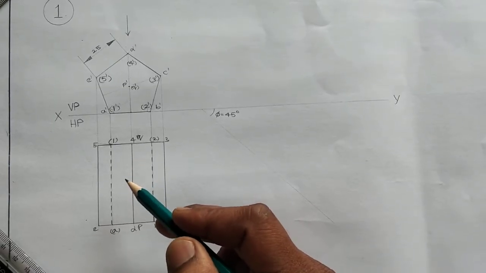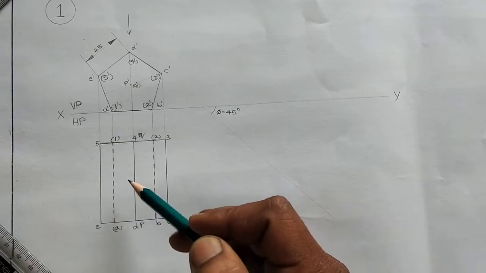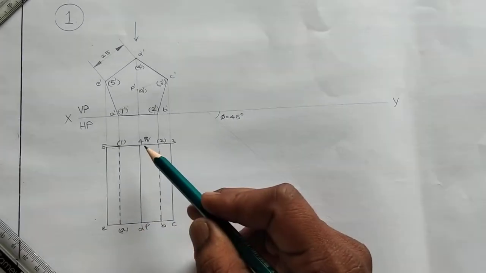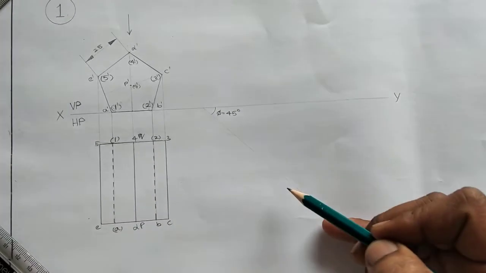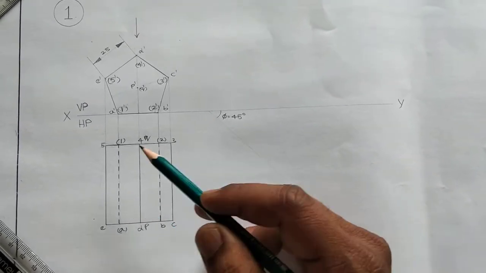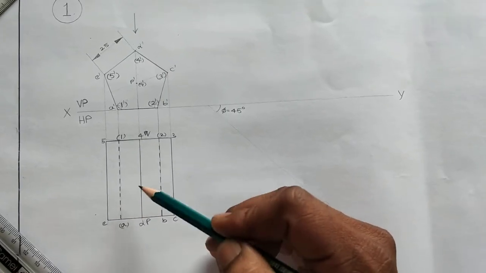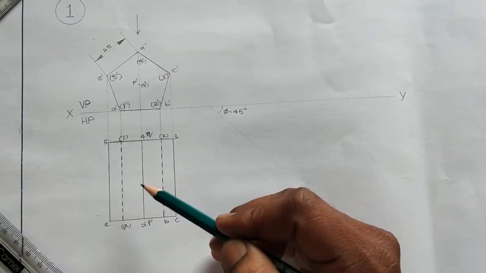So here the axis and the 4D edge, that is the topmost edge, both are coinciding. So at that time we should give preference to the edge. That is why here we have drawn a continuous line. And next we can mark these points on this axis line. Then with respect to PQ or 4D, we can mark the remaining points. So here the gap between the 4D, that is 50 mm or 5 centimeter.